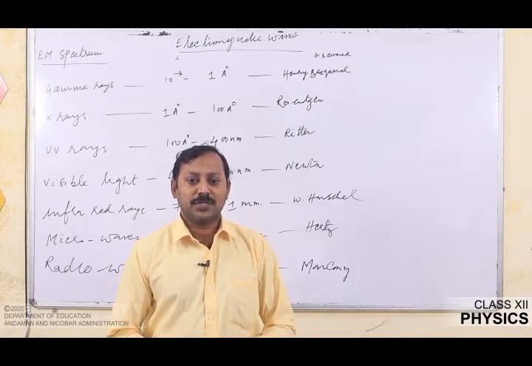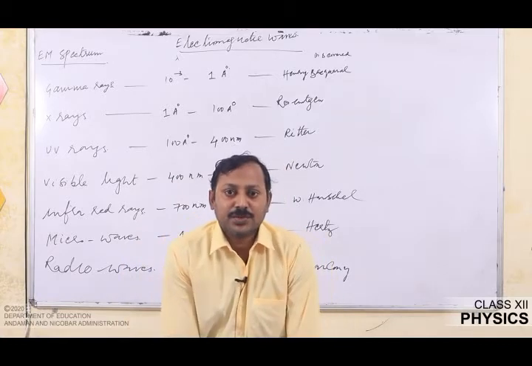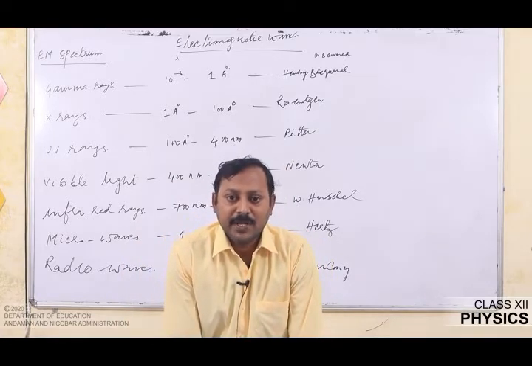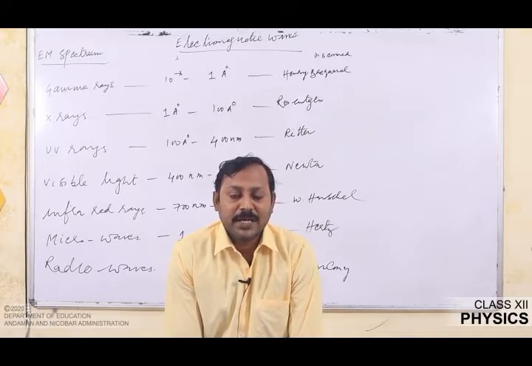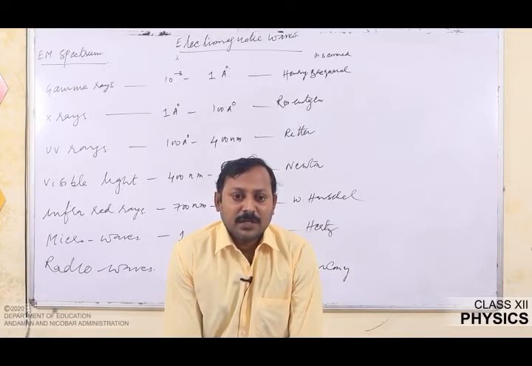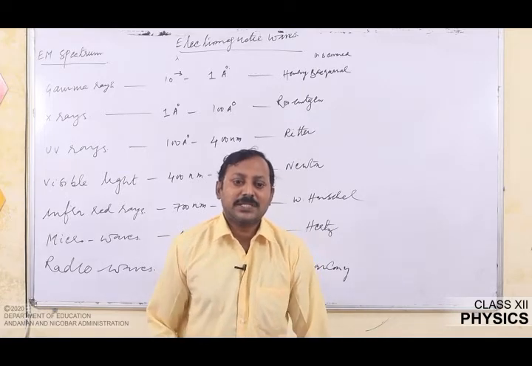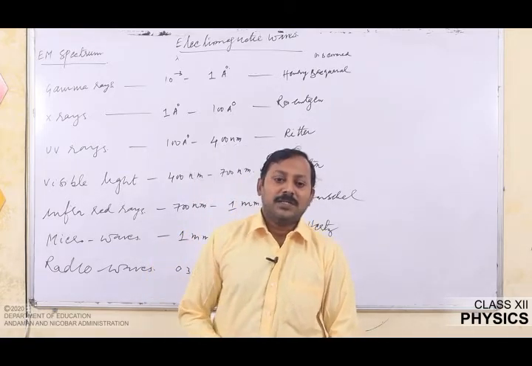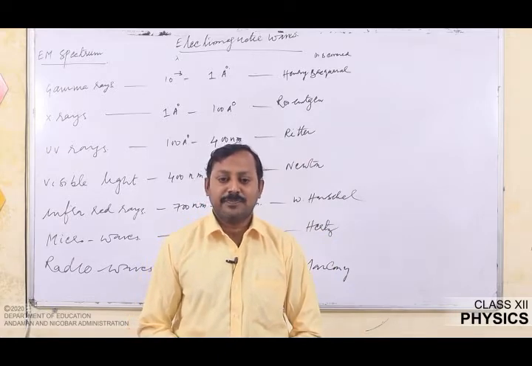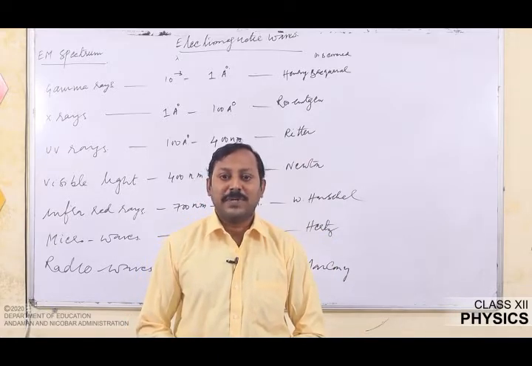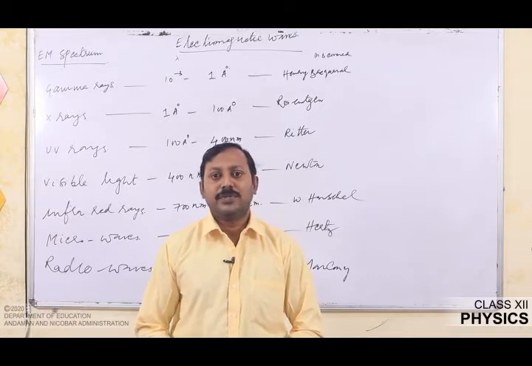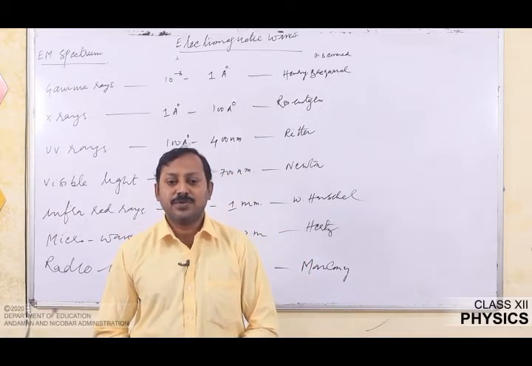Properties of gamma rays include: as its frequency is very high, its penetrating power is also high and the ionizing power is low. They show fluorescence, phosphorescence, reflection, refraction, polarization, interference and diffraction. They are dangerous for human beings. They can be stopped by thick concrete. Now we will see the uses of gamma rays. They are used to kill tumor cells and in preserving some foodstuffs also. Gamma rays are also used to carry out nuclear reactions.